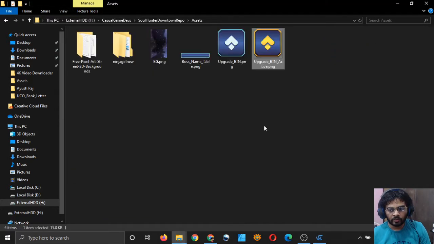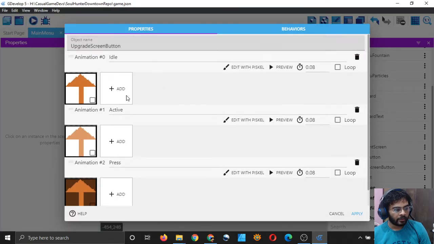And put it again, right? So I have a regular one and an active one. So I have idle, active and press animation, but I only have two images in my asset pack.